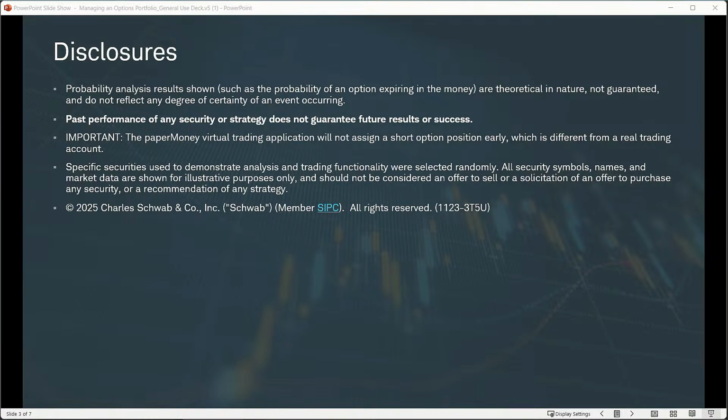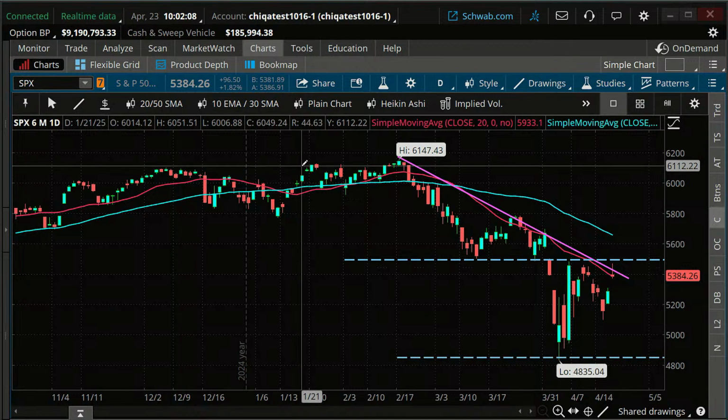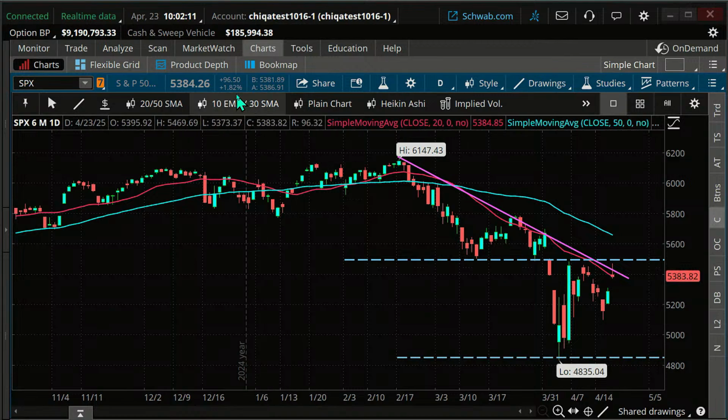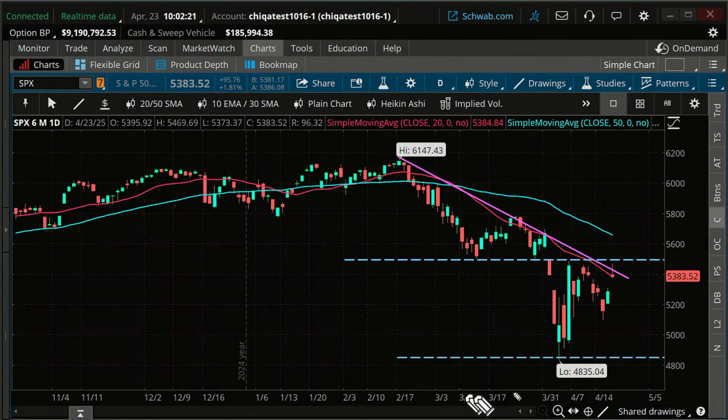So let's head on over to the Thinkorswim platform. This is the S&P 500 here, up just a smidge under 2% today. So, a nice little bounce. The general trend hasn't been great, but in the shorter term trend, we have established this higher low. That's a nice thing. Intraday, we're down near the bottom of the trading day, and we're also near some potential resistance areas. You can see the trend line I've drawn there. You can also see the 20-day moving average.